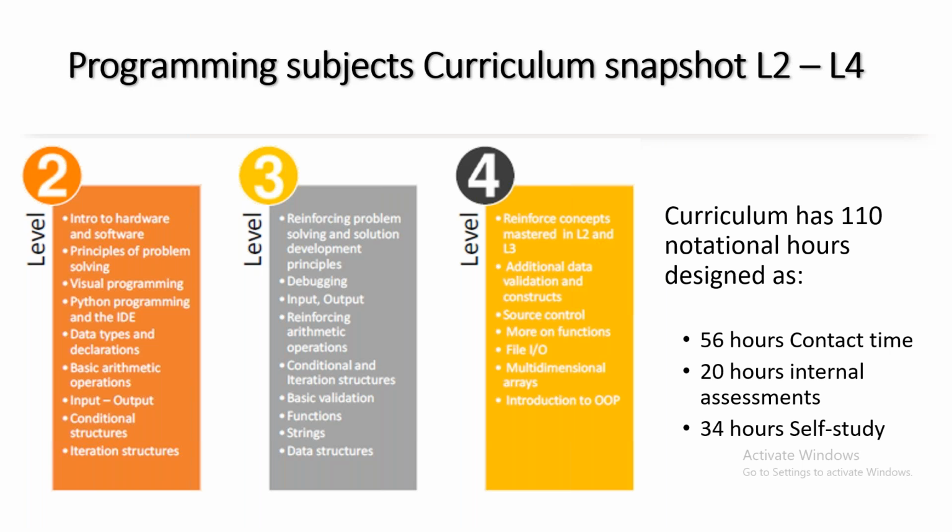So what do they master? These are the components that they're going to have to master. They must master this in level 2. These are the concepts they must master in level 3, and these are the concepts they must master in level 4. And as you go across the different levels, level 2, level 3, level 4, you notice even the languages change, right? The programming languages change. We also change the IDEs. So as IT students, what we are doing is we are basically empowering them to upskill themselves in various tool sets that are needed in the industry.